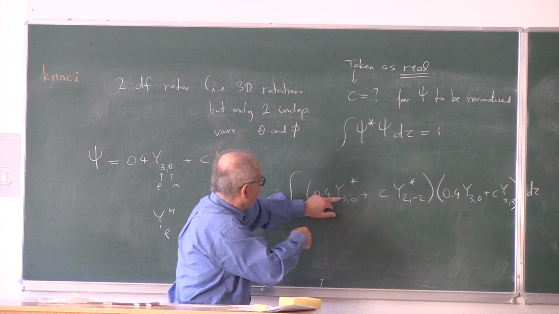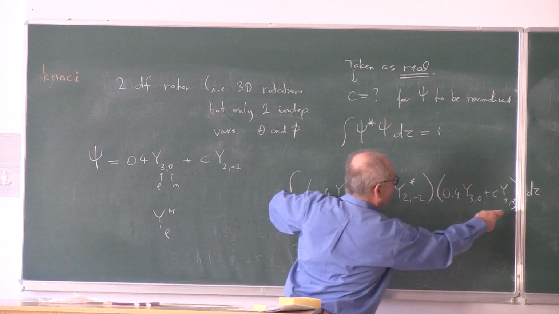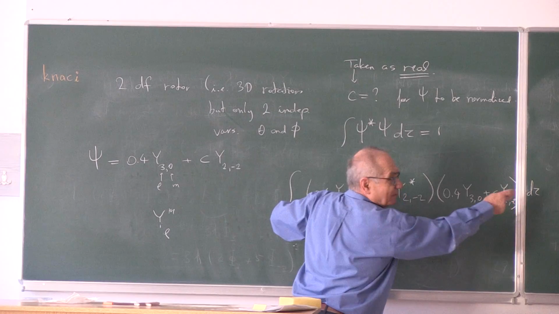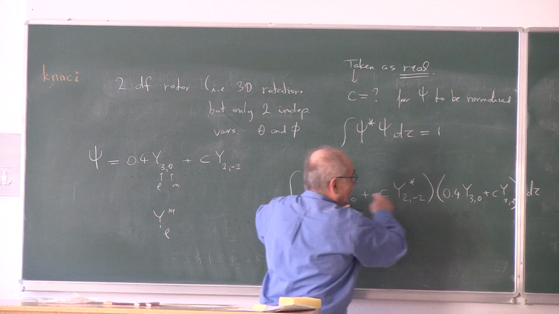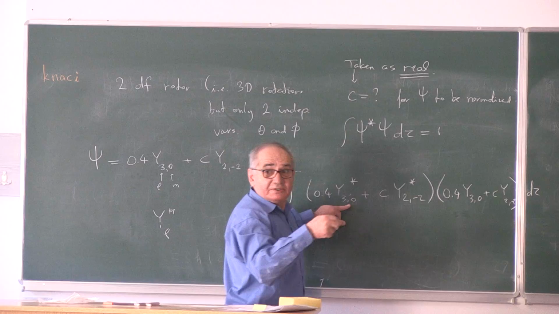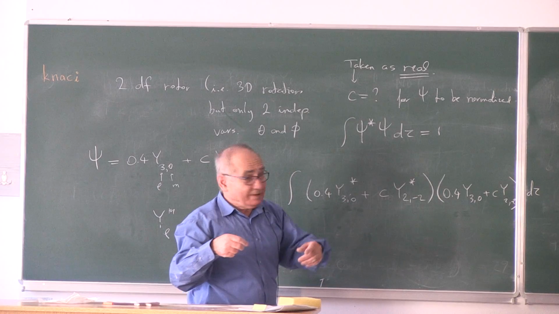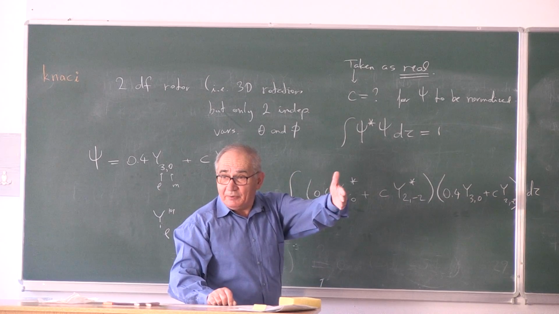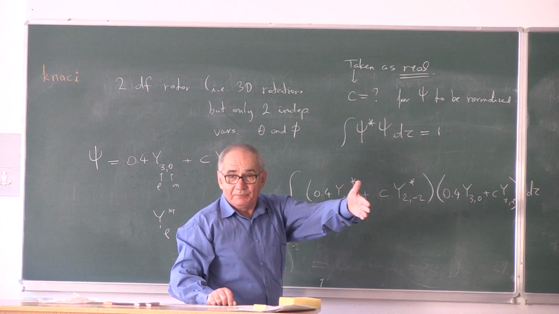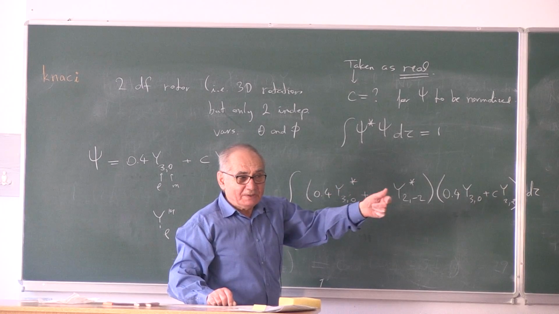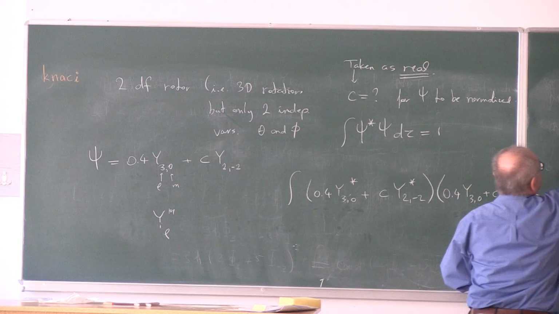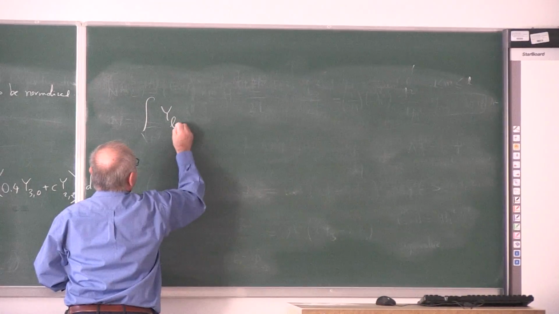For example, y30 times this function, y2 minus 2 function. These functions are different functions. And during the last hour, I had written down the property that the value of the integral, like this,